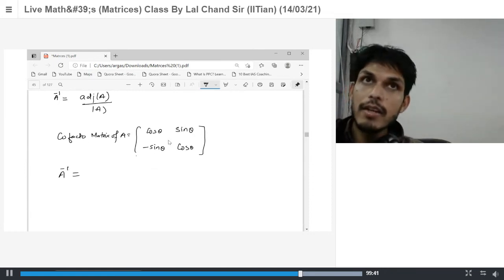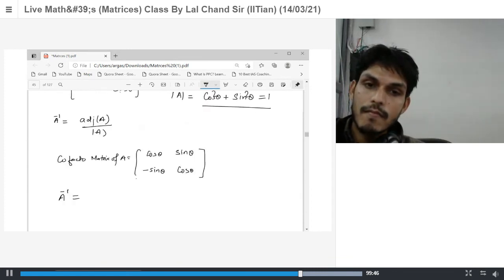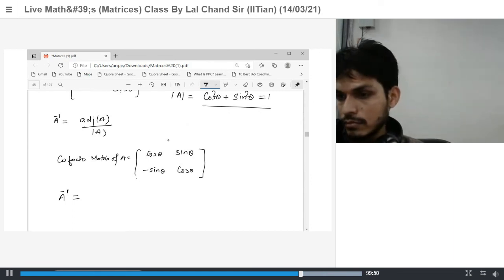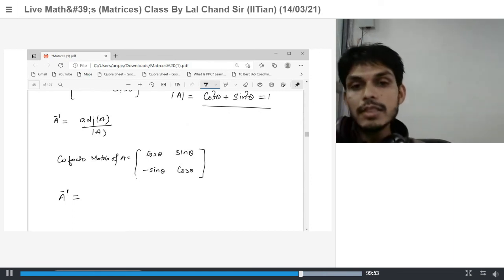So what will be the A inverse value for this? So this is equal to